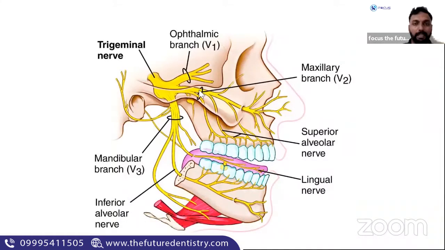What about the maxillary division, which is this particular foramen? Which is this particular foramen rotundum? Very good. Through it the maxillary nerve goes, and there is a small foramen here known as the infraorbital foramen. That is in the anterior region, which we will talk about later. Okay, so this is the foramen ovale. This is the trigeminal nerve, the big ganglion here, and from there all these things are coming out.